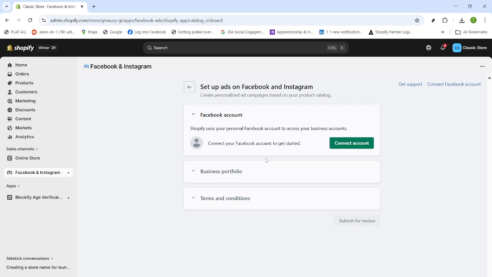That's it. By opening Shopify, going to Apps, finding Facebook and Instagram, starting the setup, connecting your account, and logging into Facebook, you've enabled a reliable pipeline that gets your Shopify product